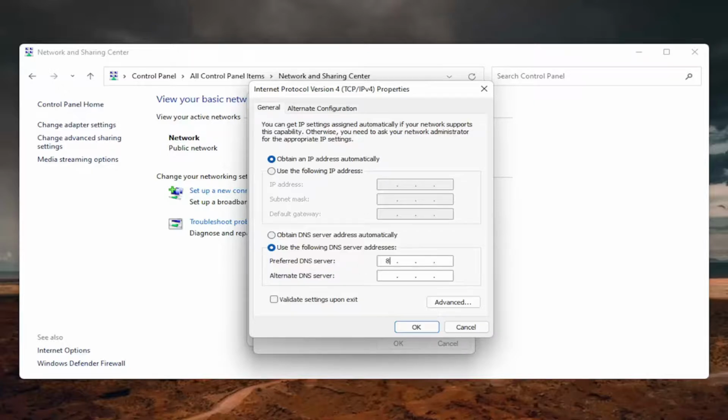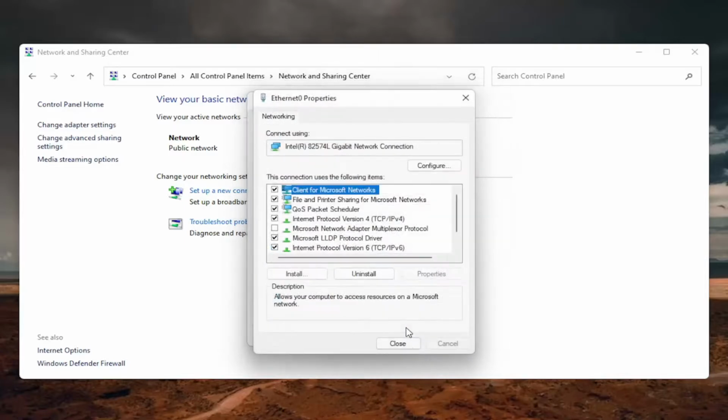So it's going to be 8. And then click inside the second field here. So it's going to be another 8, 8, 8. You're just going to make sure each one of these four sections has an 8 in them. And then the alternate DNS server is going to be 8.8.4.4, exactly how you see it on my screen here. So you don't want to have more than one number in each field. And then once you're done with that, you can go ahead and check mark validate settings upon exit, select OK,